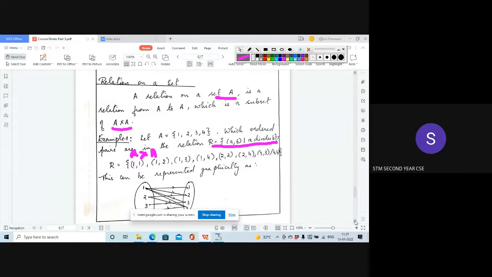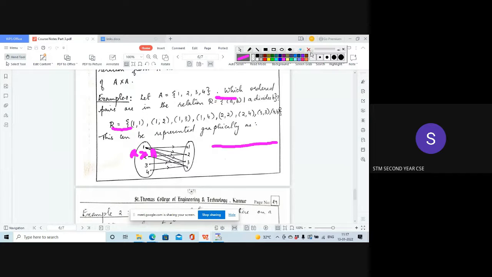So that relation we can represent graphically as follows. Usually when you are asked to draw the graphical representation, you can go for the arrow diagram, which is the most common representation. If there is only one set, then both ellipses will represent A. The first ellipse represents elements of A, the second ellipse also represents A, since it is a relation on A cross A. So inside them we represent elements of A: 1, 2, 3, 4 in both.